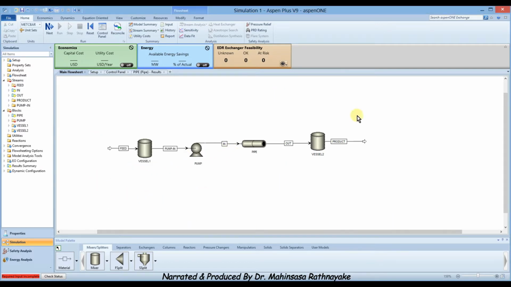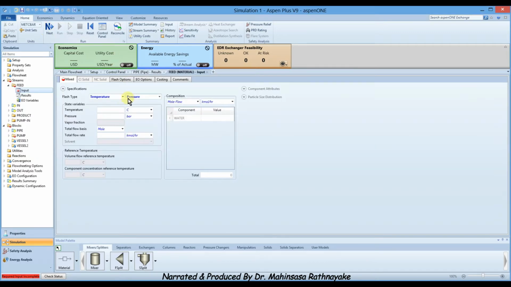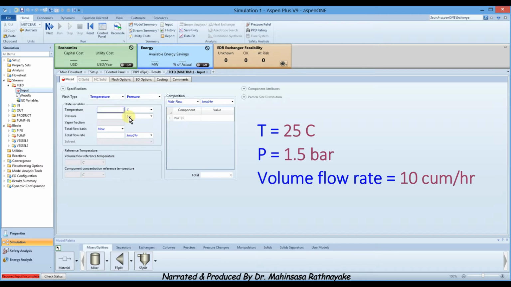Then click next and go to feed stream and enter temperature as 25 degrees Celsius, pressure as 1.5 bar,